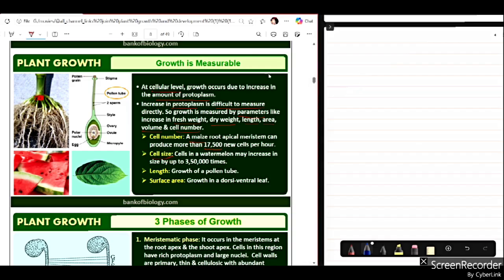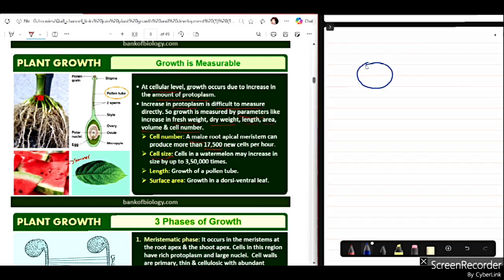Cell size. ఇక్కడ ఉంది చూడండి, సమ్మర్ వస్తుంది కదా, ఈ సమ్మర్ వచ్చినప్పుడల్లా మనం ఏం చేస్తాం? నీట్గా పుచ్చకాయలు కొనుక్కు తింటాం, అవునా? సో వాటర్ మిలన్ ఇలా ఉంటుంది కదా నీట్గా. సో వాటర్ మిలన్ అనేది మీరు ఎప్పుడైనా సరే గ్రో చేస్తే కనుక చూడండి, ఒక్క సెల్ ఫర్ ఎగ్జాంపుల్ ఇది ఒక చిన్న సెల్ అనుకుంటే